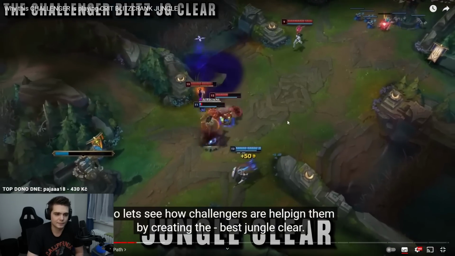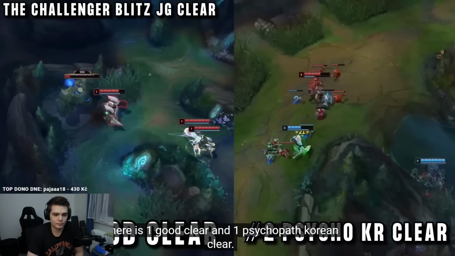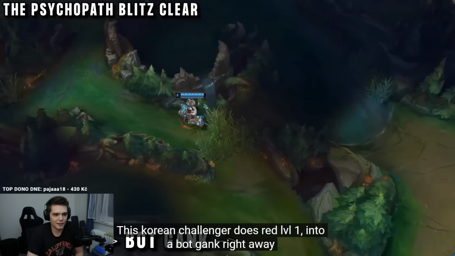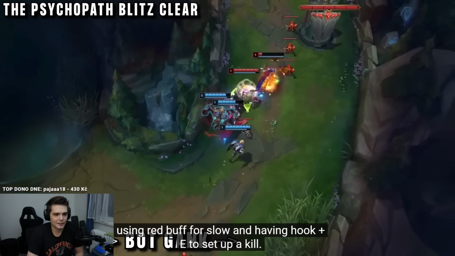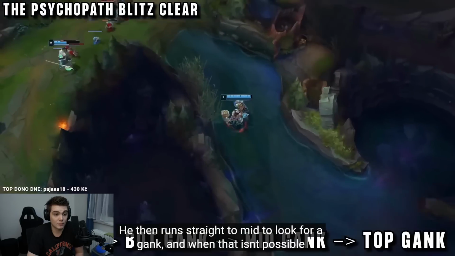Ještě víc. The best jungle clear. There is one good clear and there is one psychopathic Korean clear. The crazy clear is this Korean challenger doing red at level 1 into a bot lane gank right away, using the red buff auto attack Psychopat level 2 gank and his E to try and set up a kill. He then runs straight to mid to look for another gank, and when that isn't possible, he goes straight to